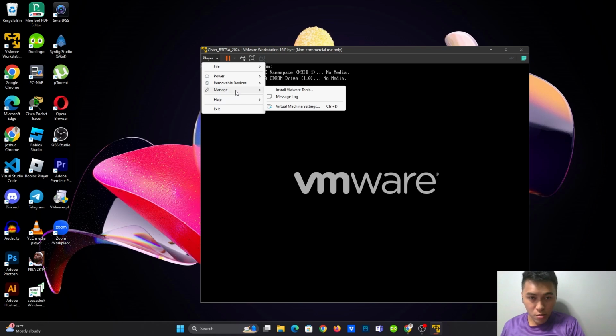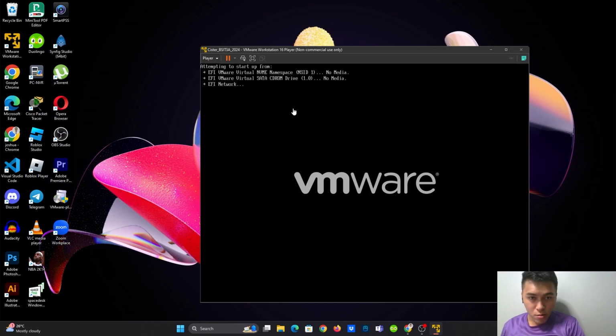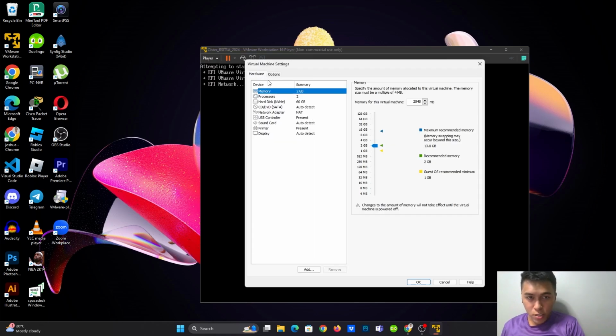Let's see here. In the virtual machine settings, I must be following the memory, which is 2 gig, processors 2, hard disk is 16 gig, CD/DVD, network adapter, and USB controller are present, the sound card, and printer are present, and display.